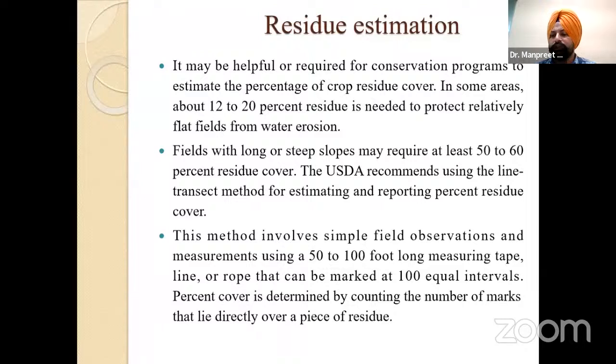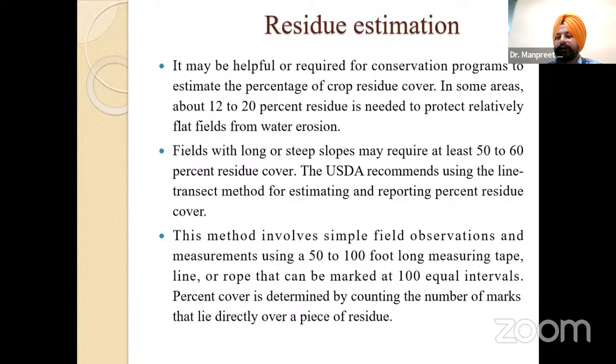दूसरा, फील्ड जो कोई लॉन्ग स्टीप्स पे हैं या शॉर्ट स्टीप्स पे हैं, स्लोप्स पे हैं, उनको 50 to 60% रेजिड्यू कवर ज्यादा रखना पड़ेगा। क्यों? क्योंकि उसमें जो स्लोप्स है वो स्टीपी है, तो सॉइल इरोजन या वाटर इरोजन ज्यादा होगी, तो उसको रोकने के लिए 50 to 60% कवर इज मस्ट।